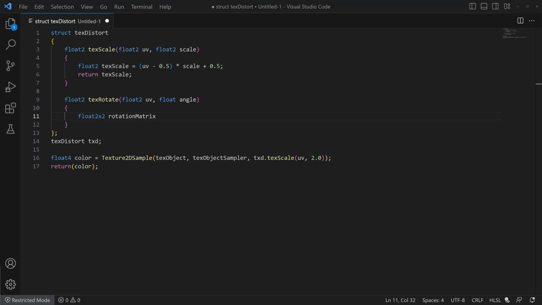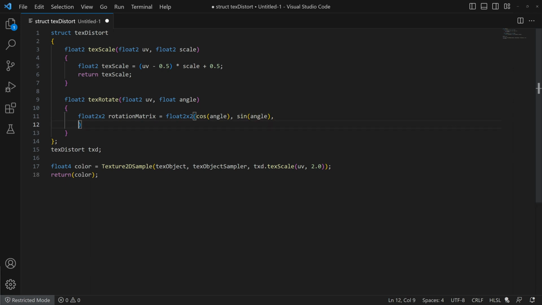So by doing this, we'll be able to define how it should transform the coordinates to pretty much perform a rotation. So we're going to do float2x2, and to do a rotation, we're going to do cosine angle and then sine angle, and then I'll format it this way so it resembles that 2x2 matrix. And then we'll do negative sine angle and then cosine angle. And that will do a clockwise